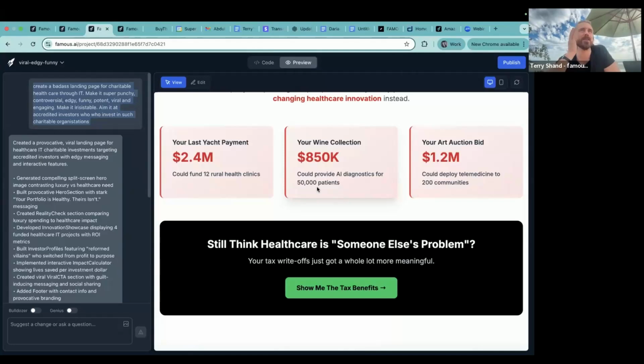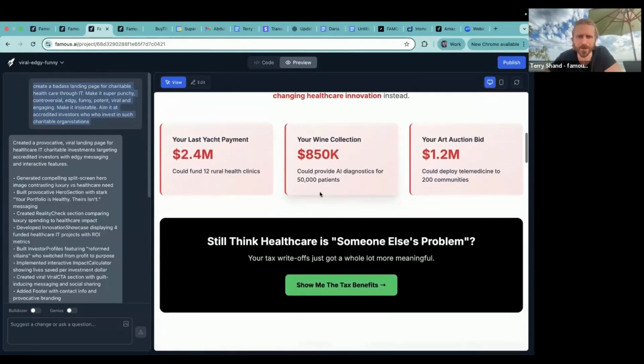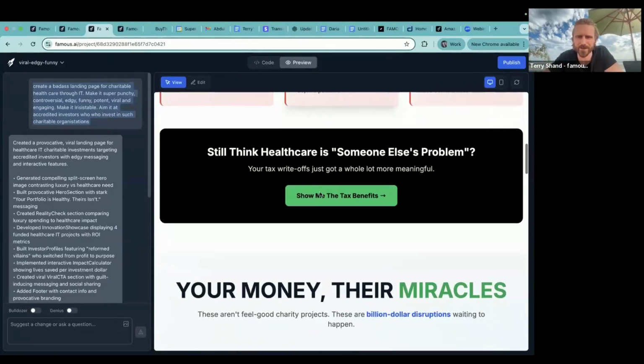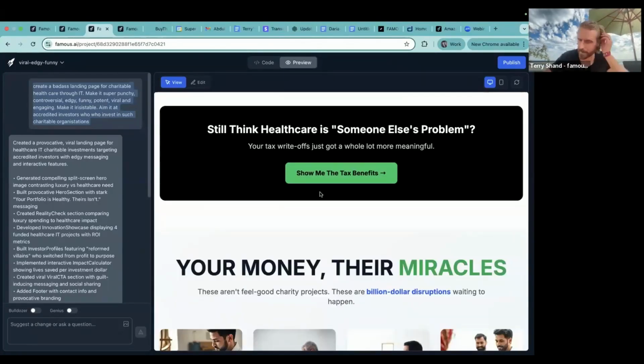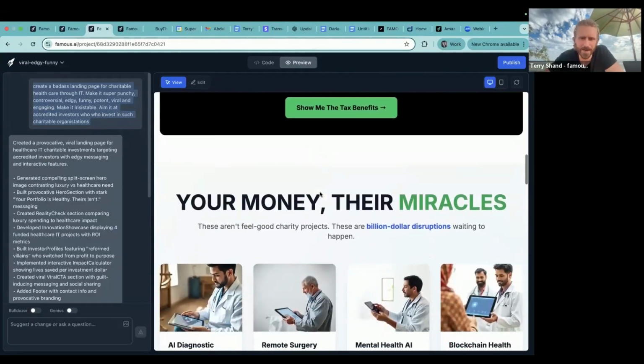That's interesting. You've got to think about the use case for this. So why would you use a landing page like this? Because you would want to take a more subtle, persuasive approach. If anyone's read Oren Klaff's book Pitch Anything, you probably wouldn't take a method like this. But anyway, we're just doing fun demos. I'm not sure this would work for the market. Why am I having a go at their wine collection? We're here to entice them to invest in a charitable cause rather than use hardcore persuasion tactics. But anyway, this is still fun.